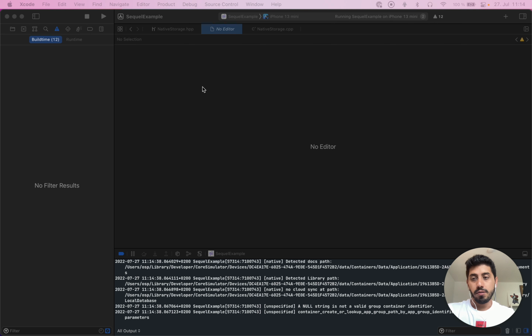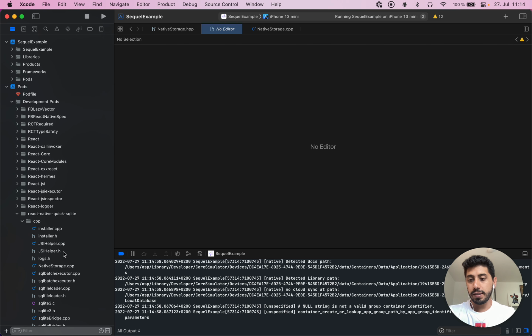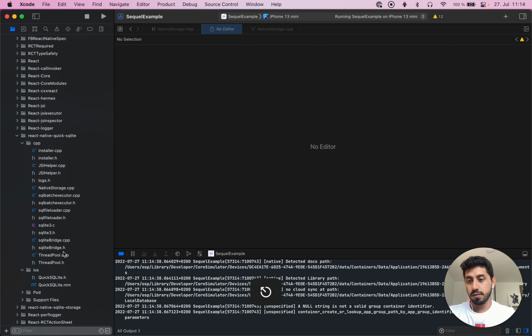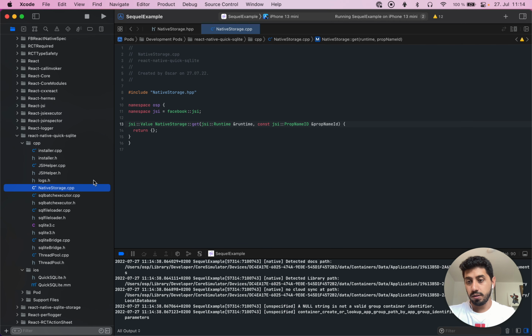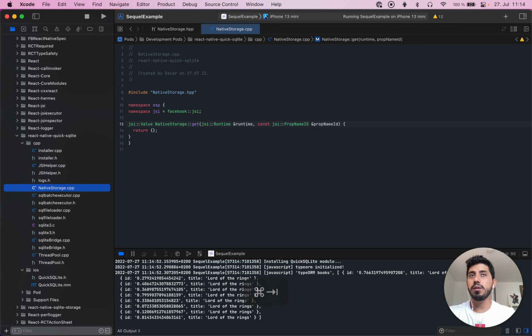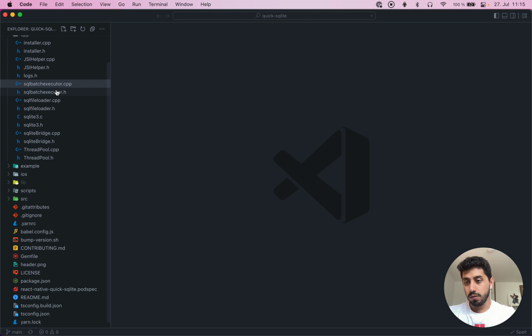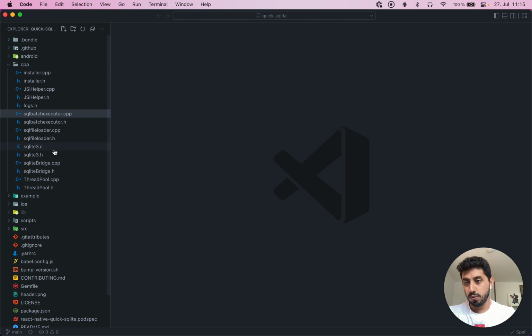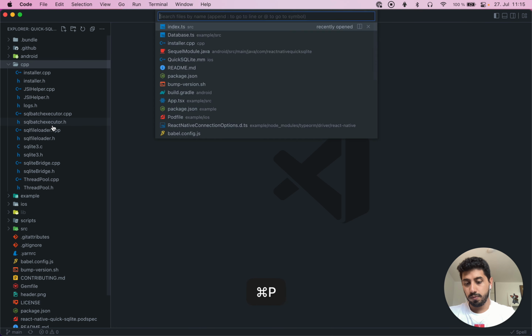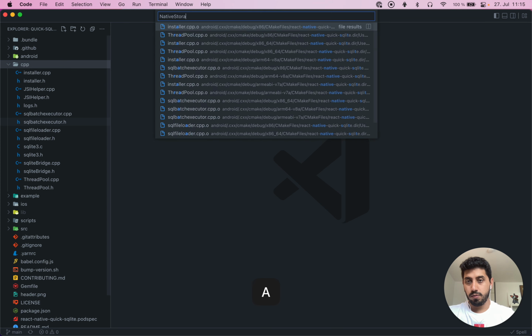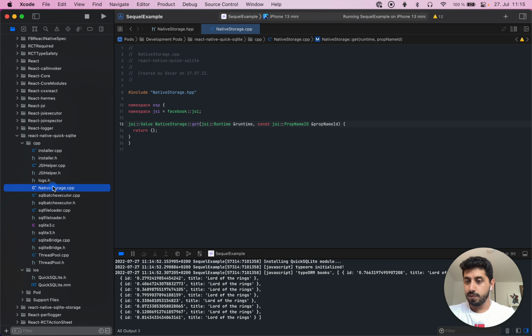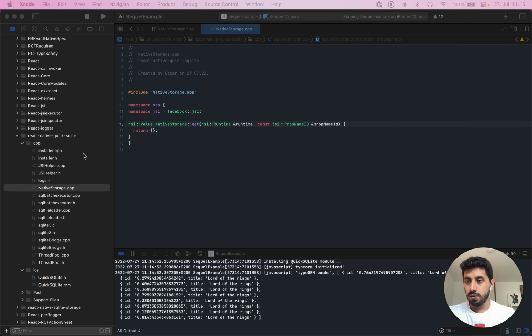Okay, great. So the app has compiled, which basically means our host object, which is here. Why am I missing the header file? Oh, okay, wait 1 second. I am missing the header file because